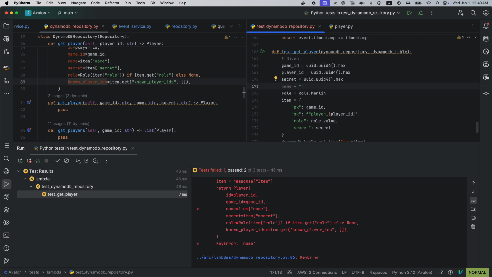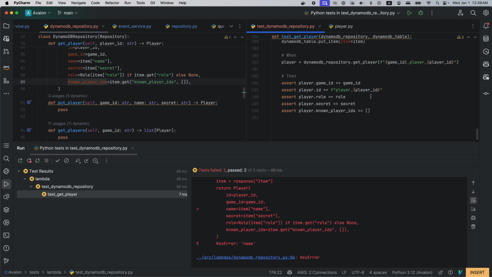So I will test the encoding here. So bear with me. Okay. So the name is name, and we want to assert that it equals to name.